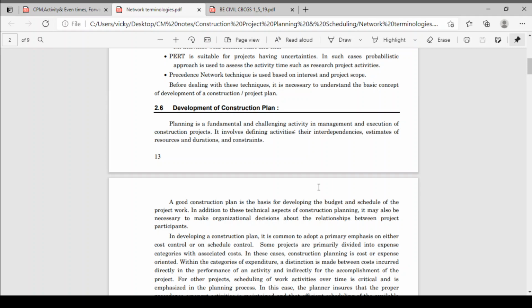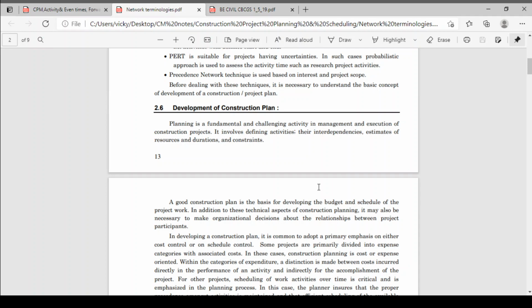Execution will be done according to that, so planning is very important. It involves defining the activities and their interdependencies, interlinking the activities with each other, then estimating the resources, duration and constraints. So planning is very important in construction management.